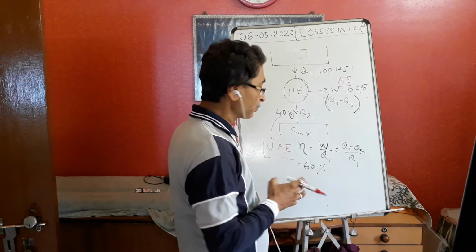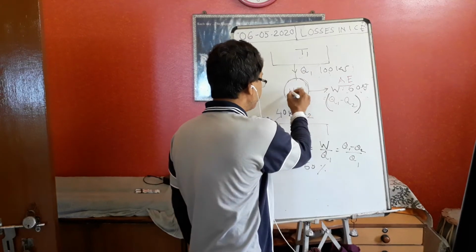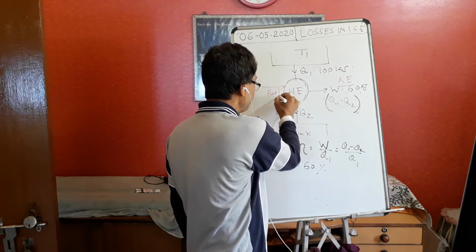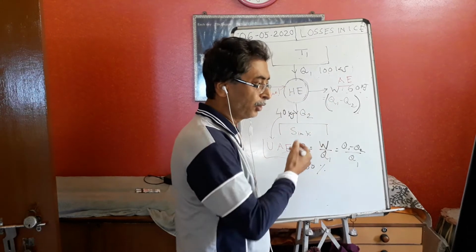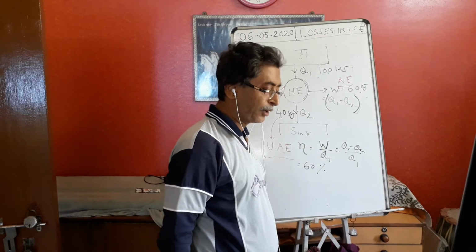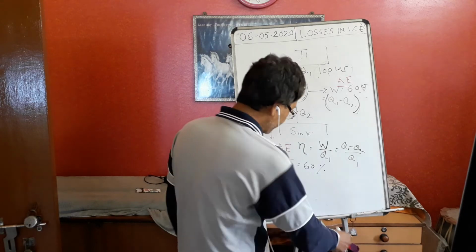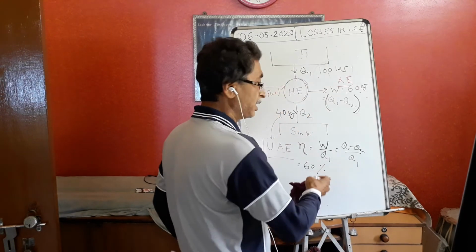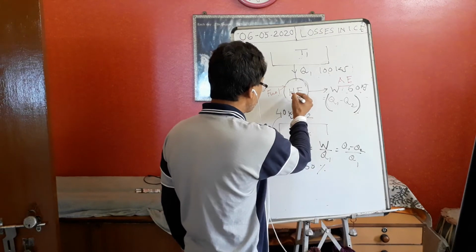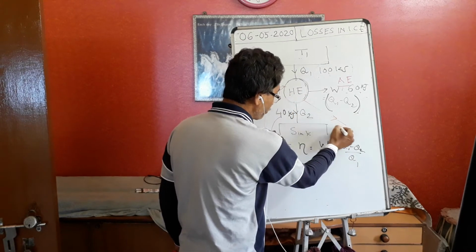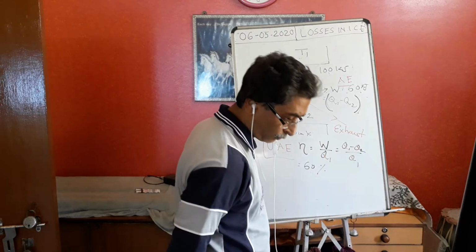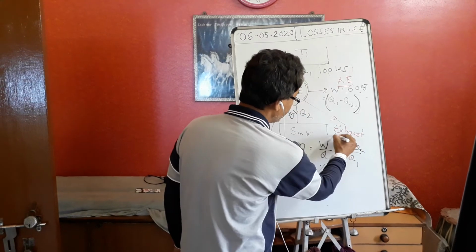An IC engine is also a heat engine. In an IC engine we give the fuel energy and it converts to work. So also in an IC engine the efficiency cannot be 100%. Some heat has to be lost. And how is the heat lost in the IC engine? Some heat is going to the exhaust. Energy is going out with the exhaust gas.